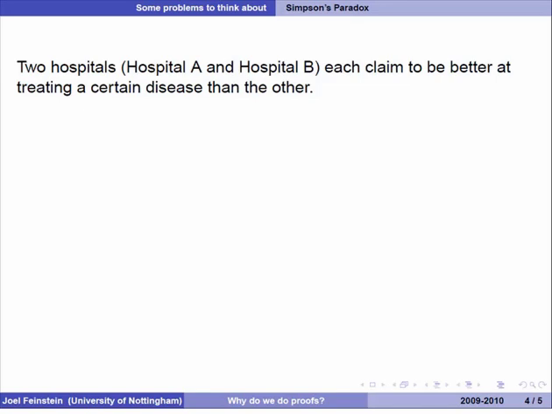But here's something else. This one is supposed to be relevant to the question about why do we have to bother proving intuitively obvious facts. This is something called Simpson's Paradox, and it's not a trick question. If you look up Simpson's Paradox on Wikipedia, you'll find a whole load of fantastic examples there, and you'll find that there have even been legal cases based on this. So this is not just an abstract mathematical phenomenon. It really has come up, and it's upset a lot of people.